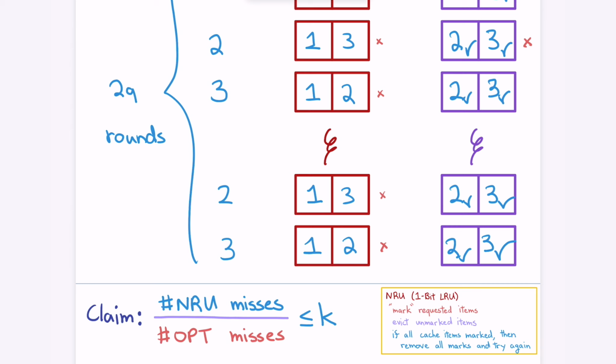Is that equivalent to cycling? Could I cycle, maybe not 1 to k, but 1 to 2k? If you knew the algorithm and it's deterministic, all you care about is whether you're going to choose a repeating item or a new item. That may be true, but